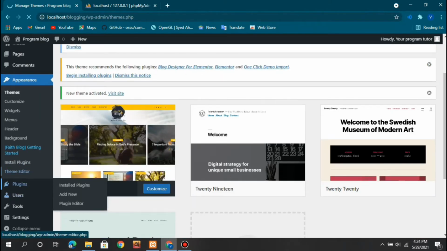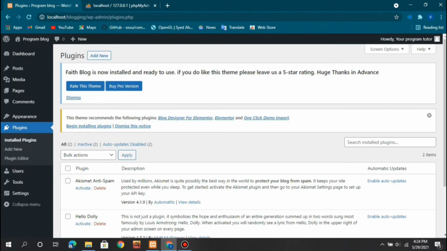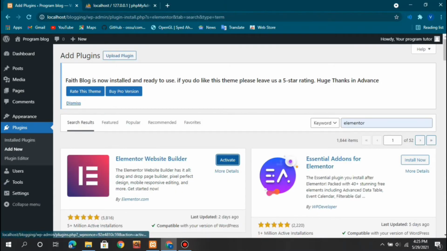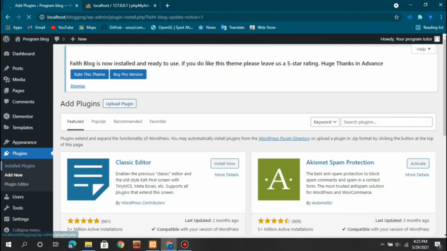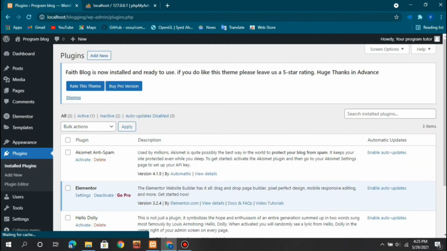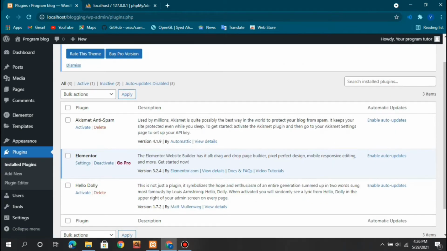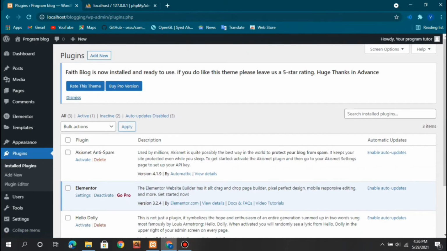and now let's get a plugin. Here I'm going to be getting that Elementor plugin, as I said before in the process we are going to be going through. So here just type in Elementor and select this Elementor website builder, then click on activate after installation. So here you can see Elementor has been activated successfully,